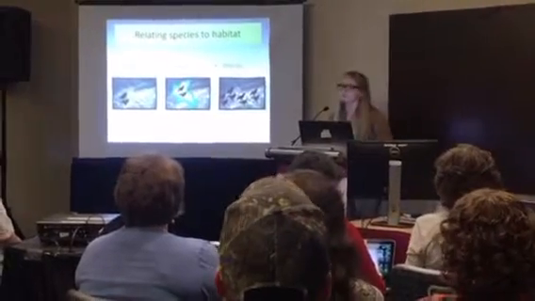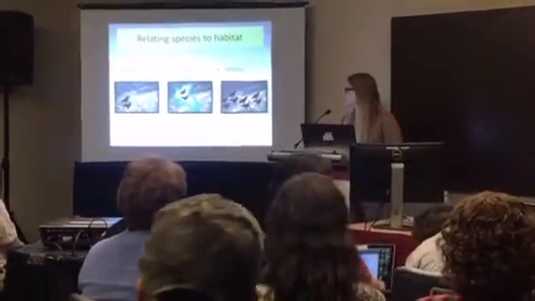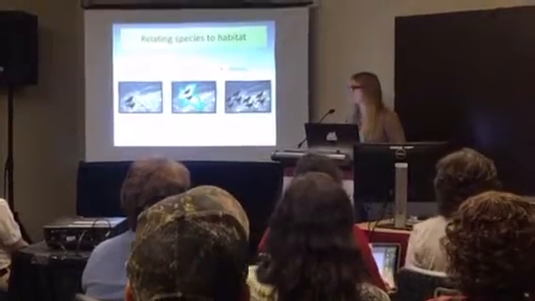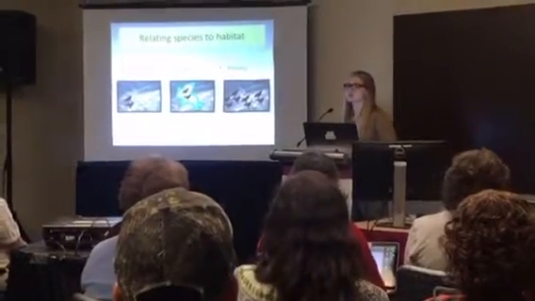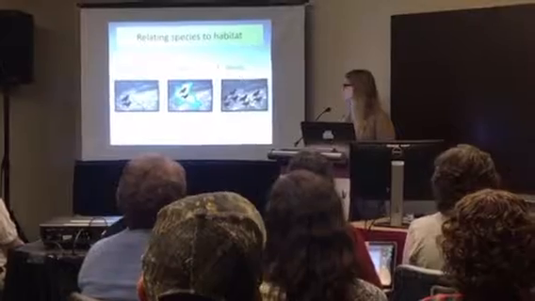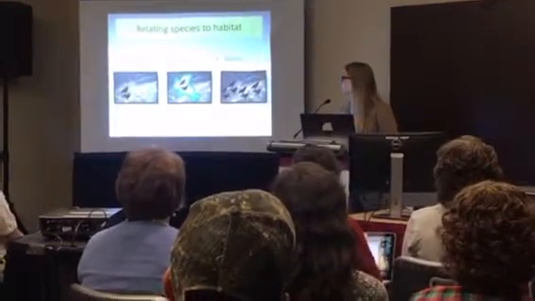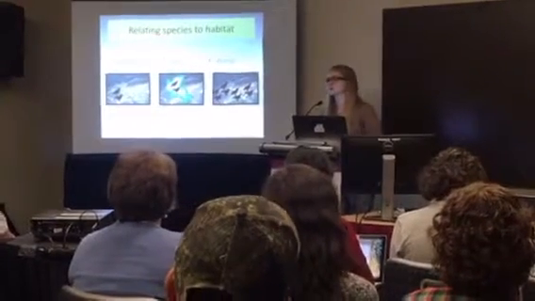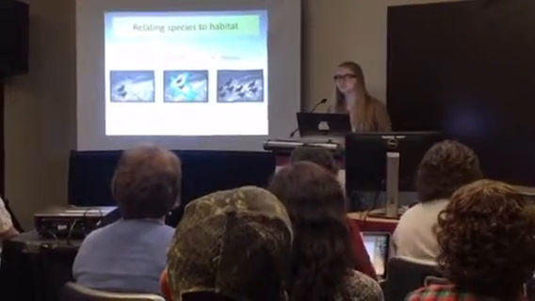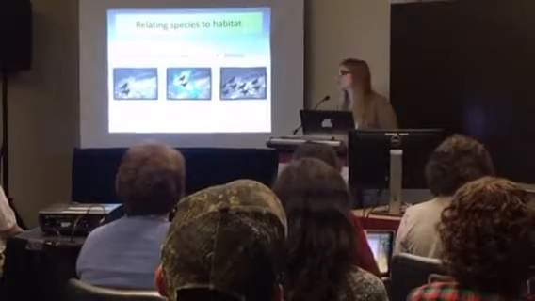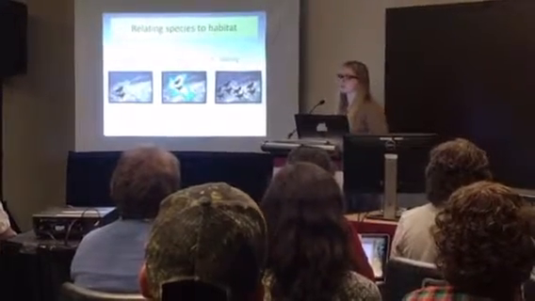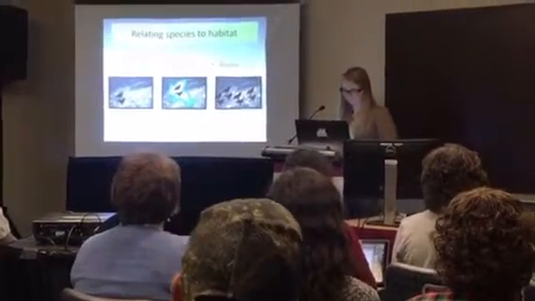You can get these habitat associations in several ways, but I think it's important when we're talking about conservation strategies that we understand which land use types and land cover types are used relative to their availability in that particular landscape. It's important that we understand how much they're being used, so the intensity of use or the amount of time that the birds are spending there. And it's important that we understand the number of individuals that can be supported by that certain land cover type.